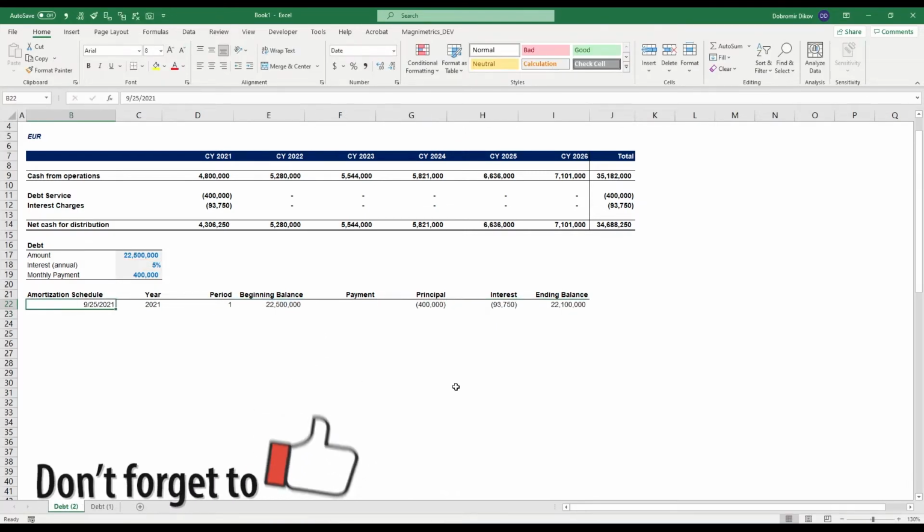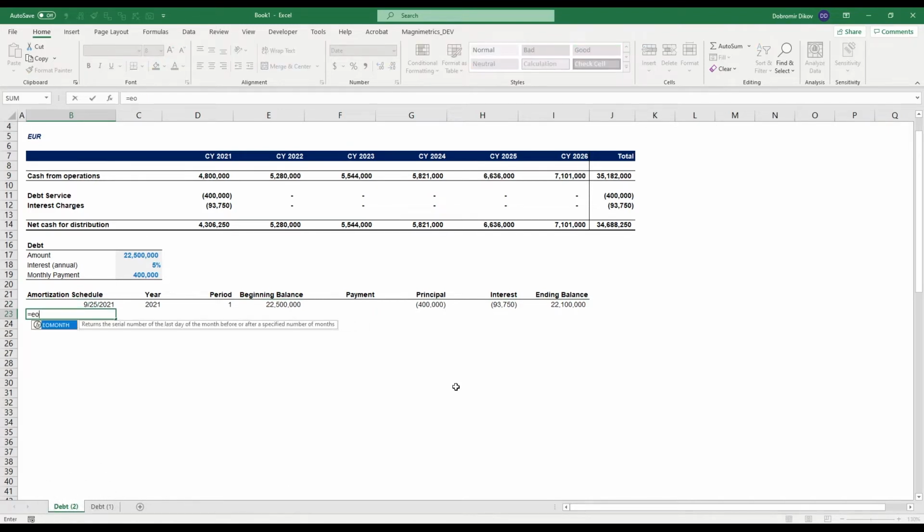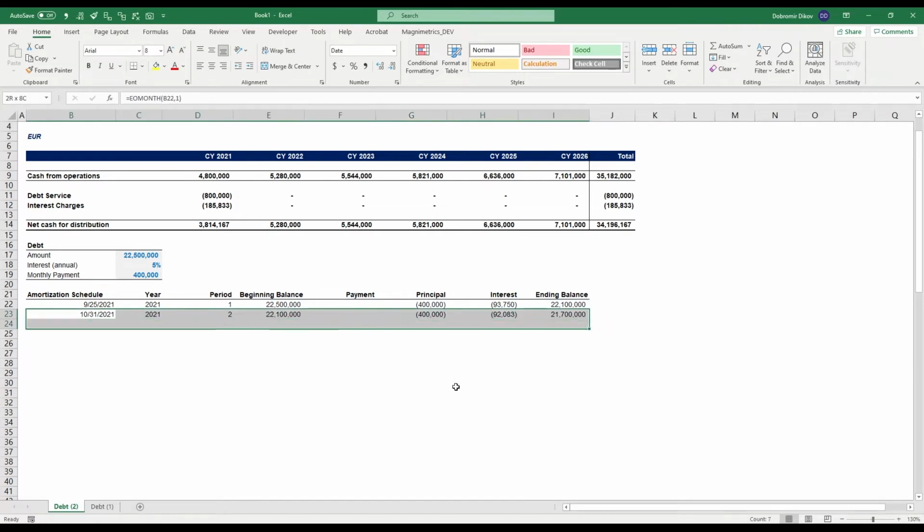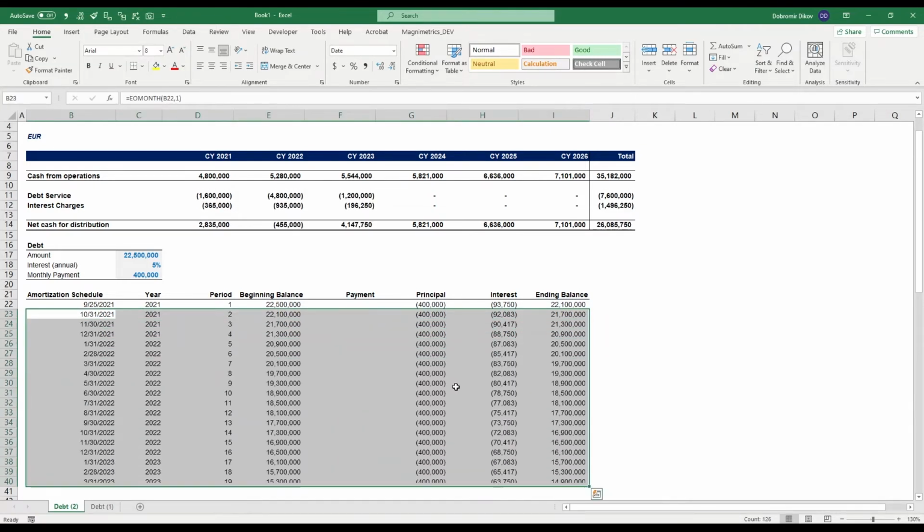So now, here we did it with end of month, let's do next month, and all the rest should be fine to copy down. We just need to make sure that this is the previous period plus 1 and this is equal to our ending balance from the previous period. So now we can start copying this down,